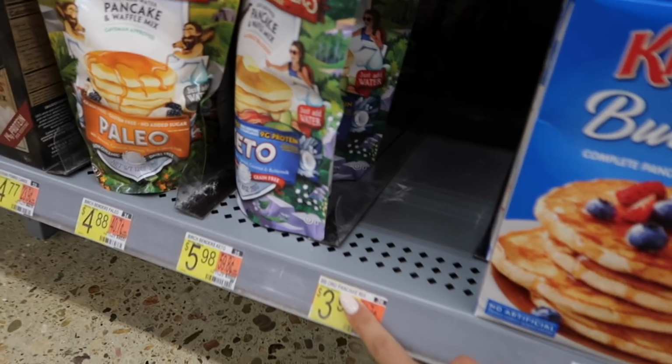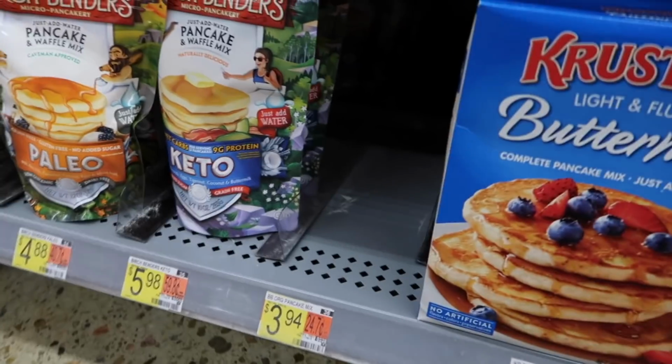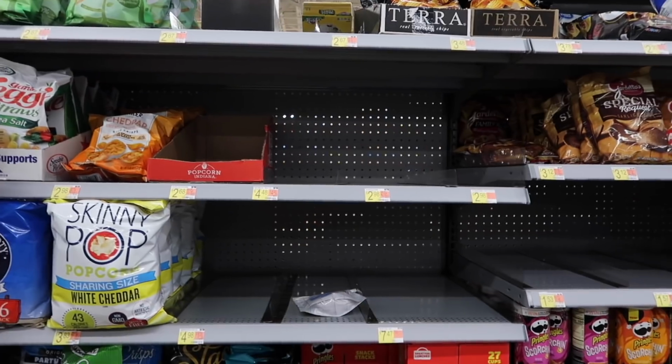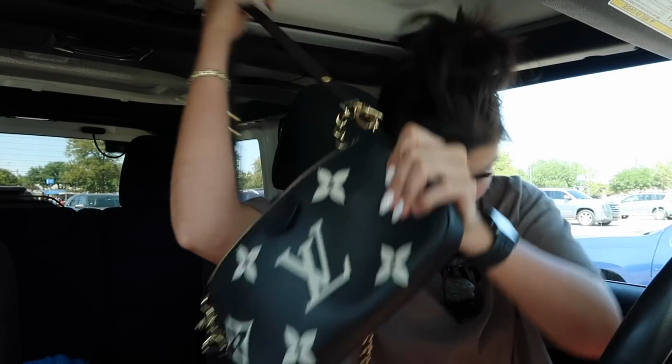I wanted just like the regular original, so I'm sad because I don't want keto and I don't want paleo. So man, we got 2 packs. Dude, I literally think we're going through a rice cake shortage again. I don't know what's going on. Wow, not bad. Second worst grocery run I've ever done in my life. I don't know why, but they're just deciding when I desperately need rice cakes to be out of stock of